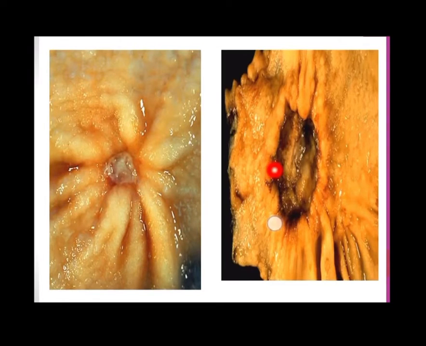Now in this we can see these are larger in size, irregular, and the gastric rugae are non-radiating. In the base we can see some necrotic slough also. So this is a malignant ulcer, and a very important point is the heaped up margins. So we can see these margins, they are like rolled up or heaped up margins. So it is important finding in case of a malignant ulcer. So these were all the important points in case